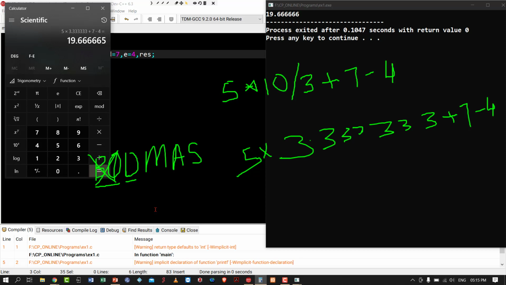Also, one thing: whether you declared it as float or as integer. Just take the photo and post it in our C programming group. No problem, we'll discuss later. Okay, thank you all. That's all I want to say today.